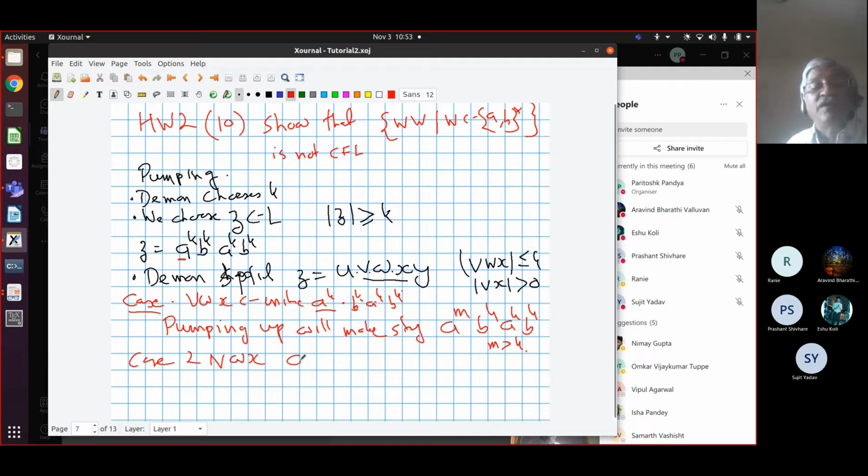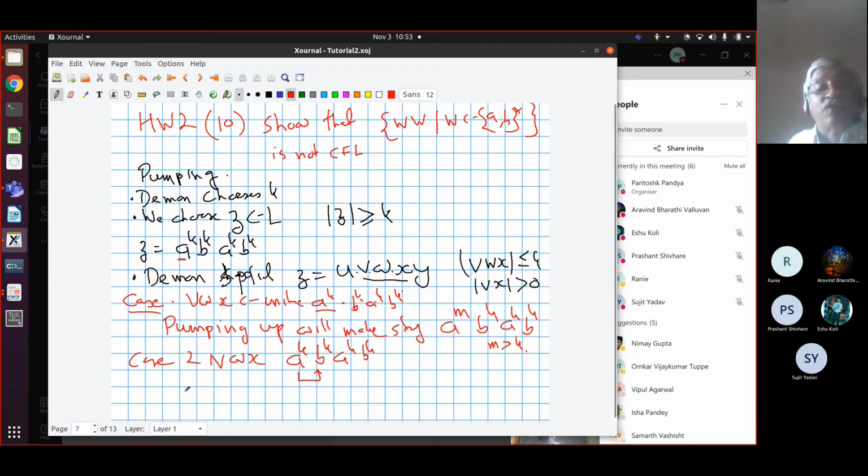VWX is here: A raised to K, B raised to K, A raised to K, B raised to K, and it overlaps some A raised to K, B. So it has some A's followed by some B's. VWX consists of, so